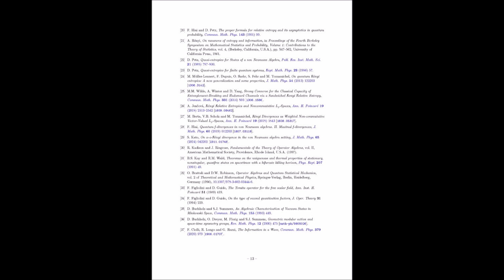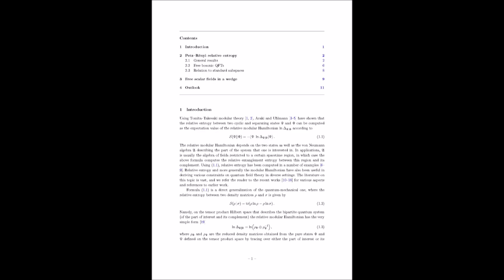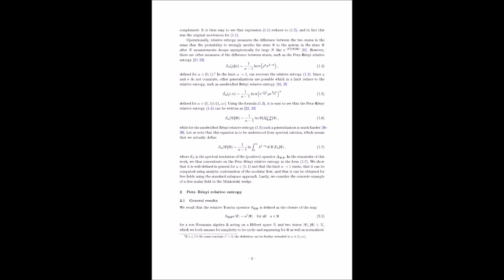If we could apply the tools of Petz-Rényi relative entropy to these systems, who knows what we might discover? It's like we're opening a new chapter in the story of quantum mechanics. Exactly. And the authors even hint at the ultimate challenge, applying these ideas to quantum gravity. Quantum gravity, the holy grail of physics. The quest to unify Einstein's general relativity with quantum mechanics. The granddaddy of all challenges. But how could this paper, which focuses on a specific type of entropy in a specific quantum field theory, possibly contribute to something as monumental as quantum gravity?